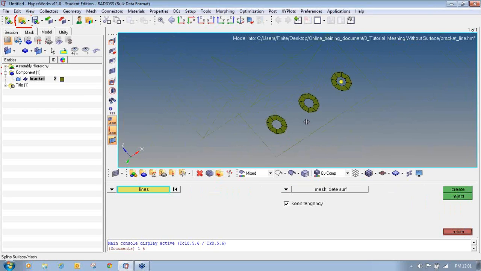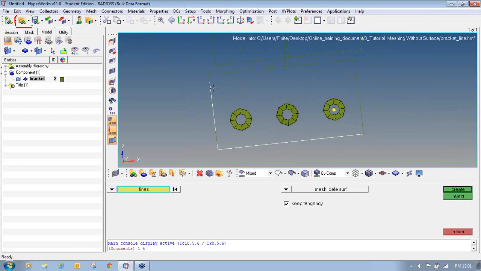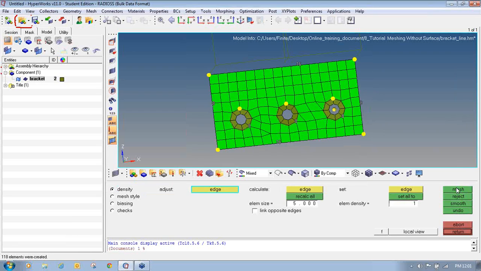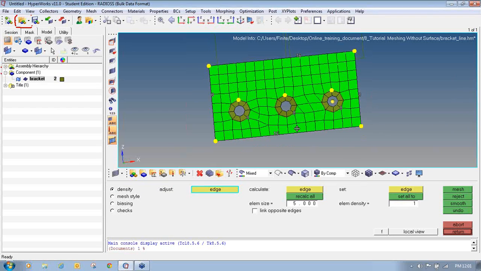So in this way I have meshed all the three holes even though I don't have surfaces. Now I will select the outer lines and also the inner lines and say create. So in this way, by providing only the lines, I have generated a 2D mesh.